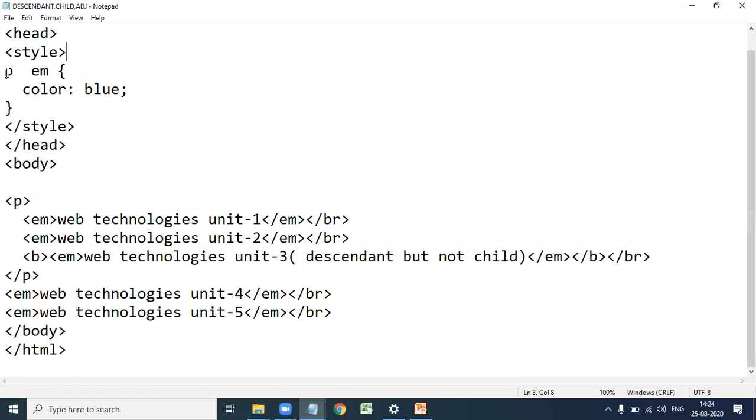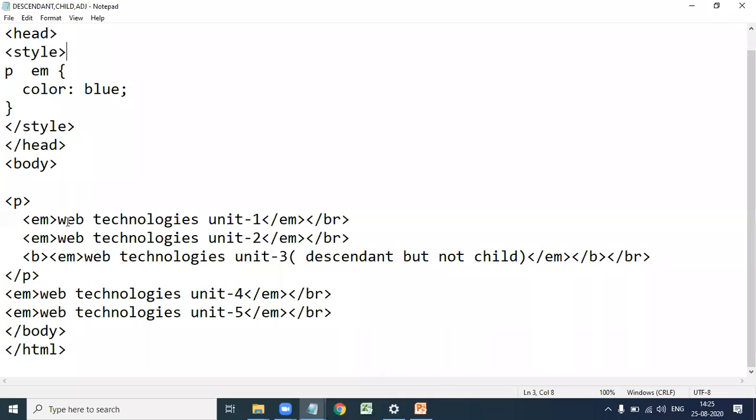Here in the style, p space em, color blue. It selects all the em elements that are inside the p element and applies the style color blue. Now, what is the output of this one?